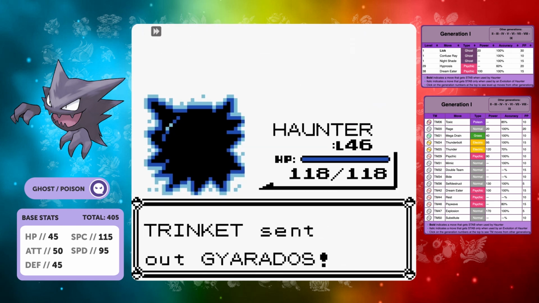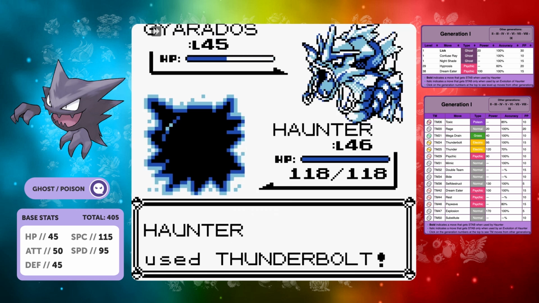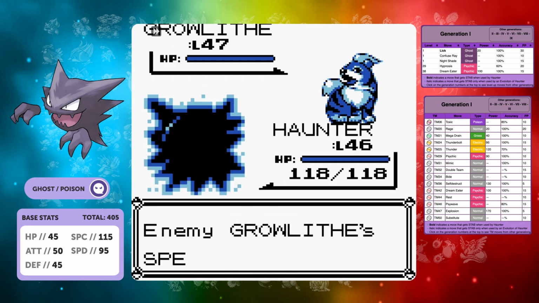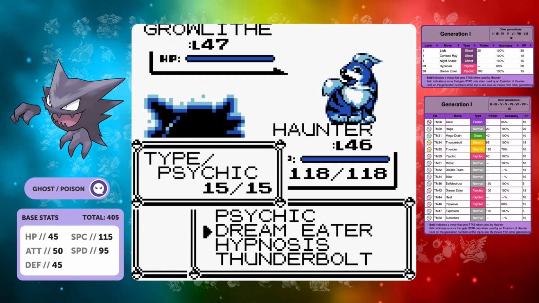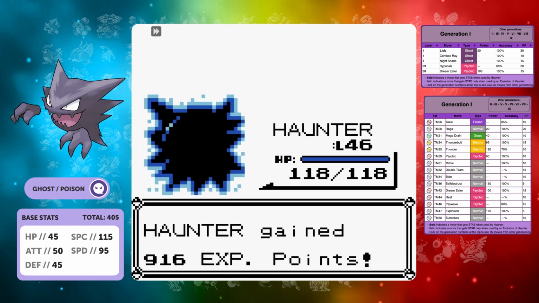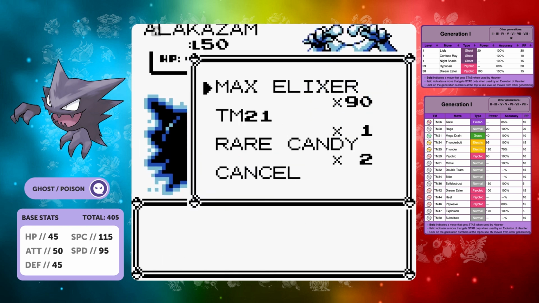We can Psychic our way through, we can Thunderbolt on Pokemon like Gyarados. Growlithe is not a problem whatsoever, it's got Agility, so that's all it will spam because its Agility is a Psychic type move and we are weak to Psychic. But then comes the Alakazam. Now,